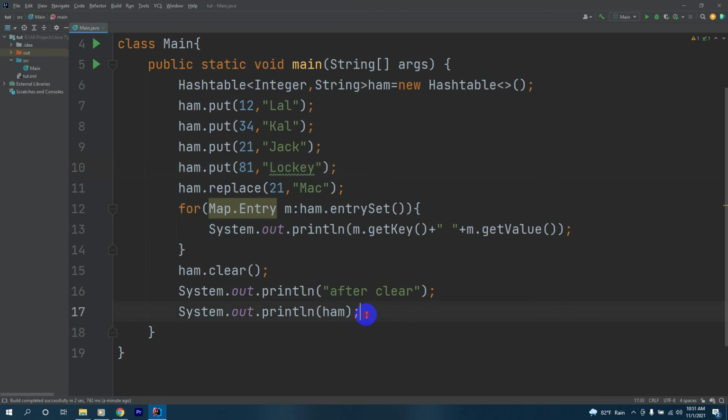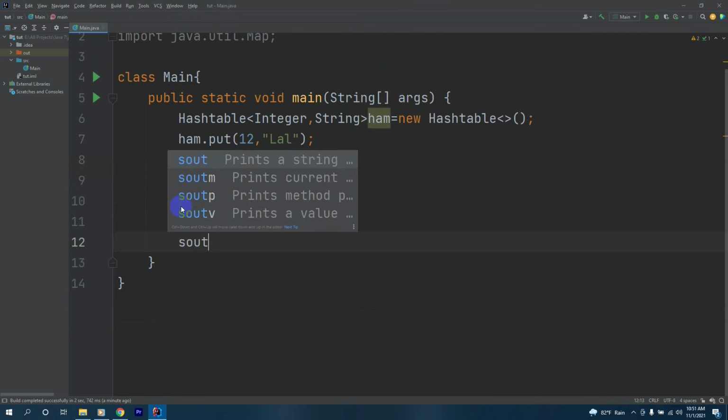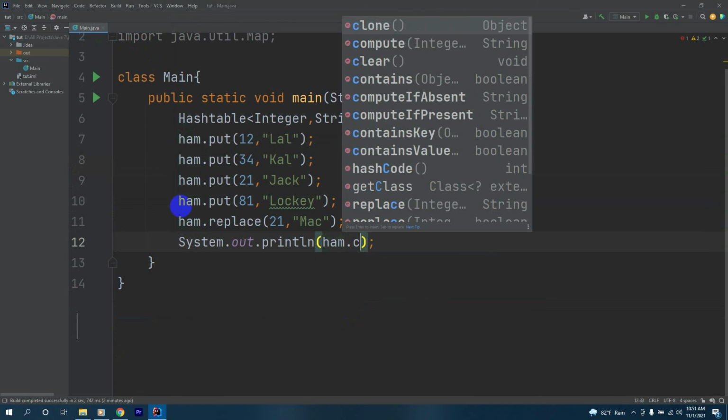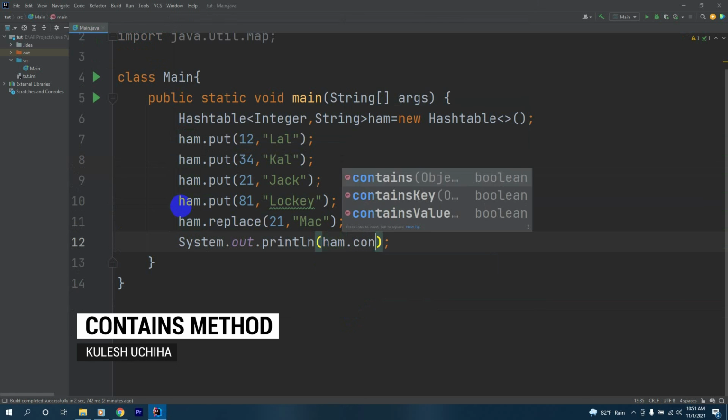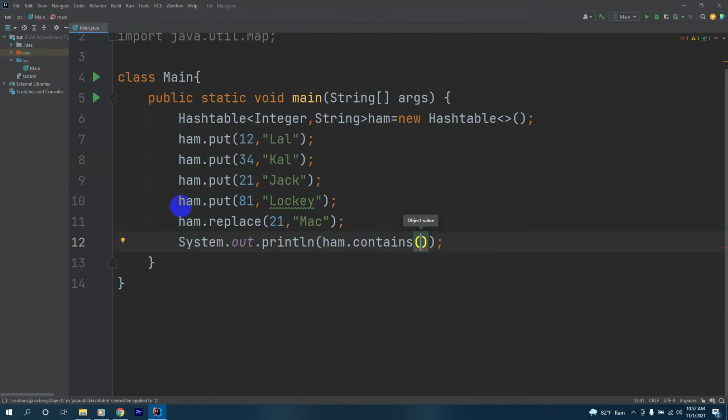Now we'll learn three more methods. We'll remove this and we'll have an s out that says m.contains, and we'll pass a key for the contains value. We'll say 71. No, we'll say 81.